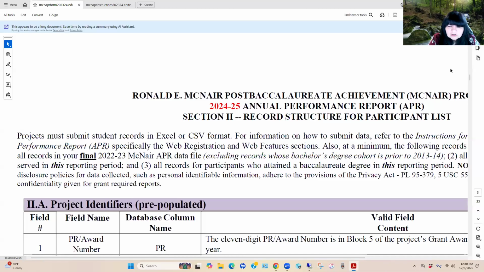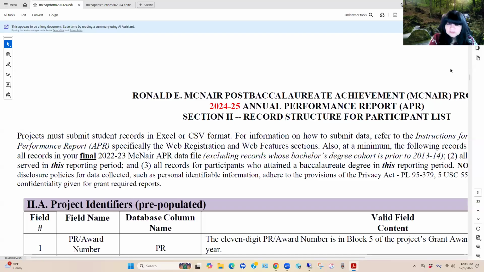I did forget to mention earlier that one of the additional reasons you want to make sure that you log into the annual performance website once it goes live is so that you can download your Excel file from the 23-24 reporting period, and it will include a list of those participants that you must report on. All of those individuals are checked in that initial review to make sure that you've reported on all of them.